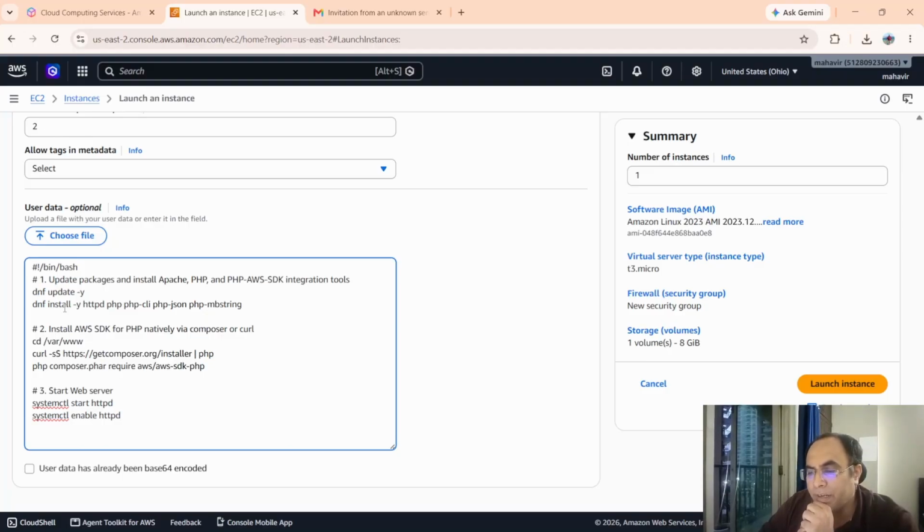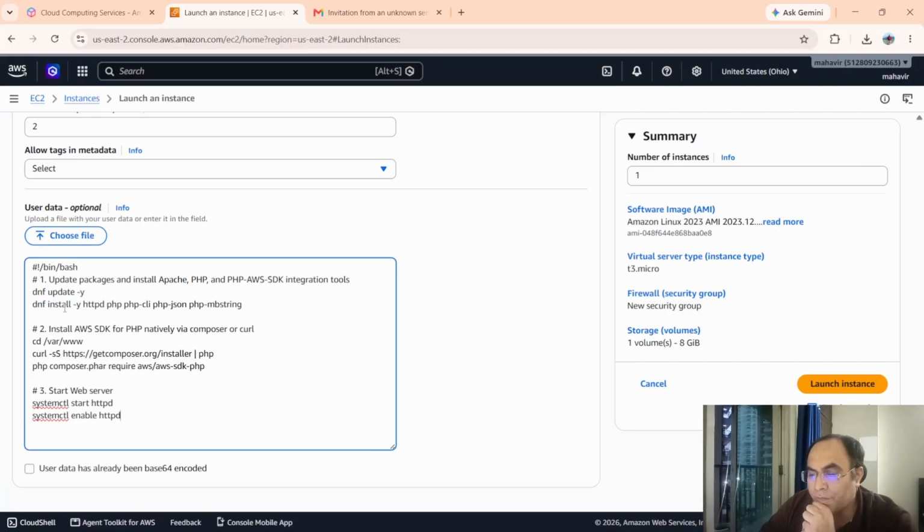These are the few libraries we require from the PHP AWS SDK integration tools. And httpd will install Apache and allow PHP server scripting to run on top of Apache,